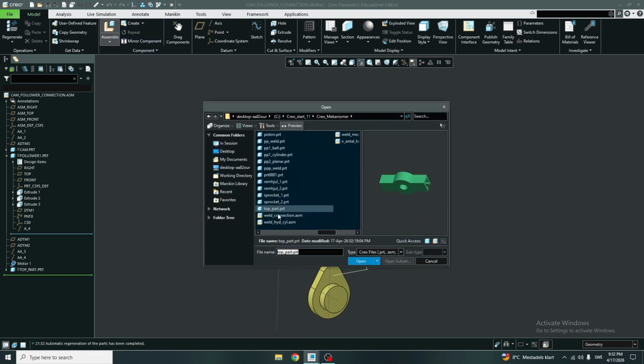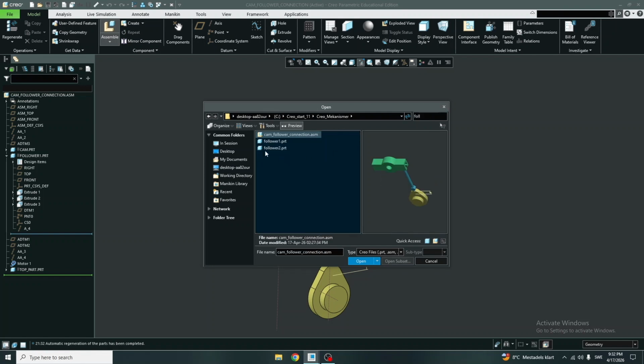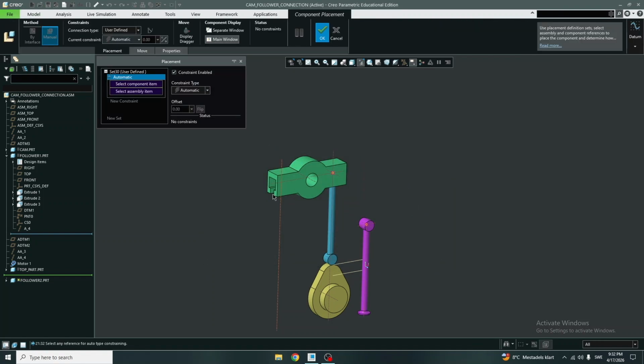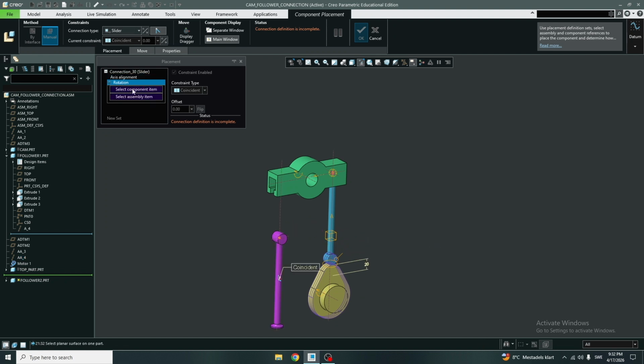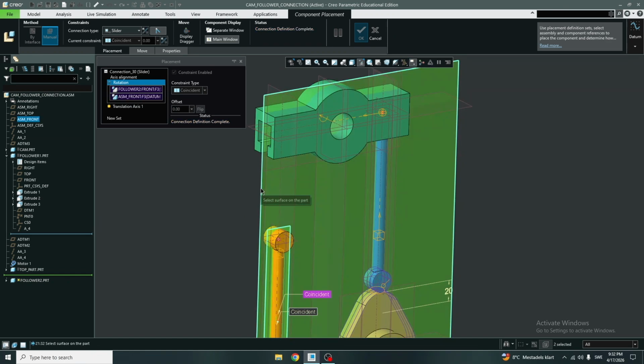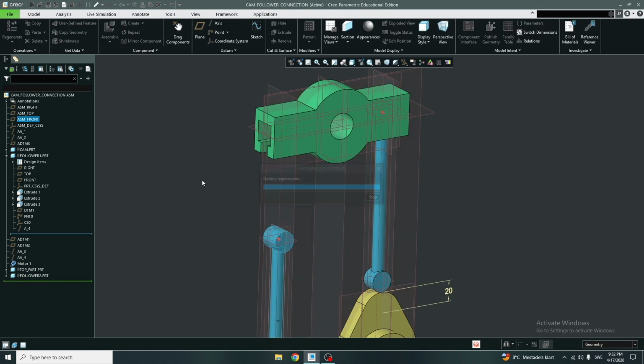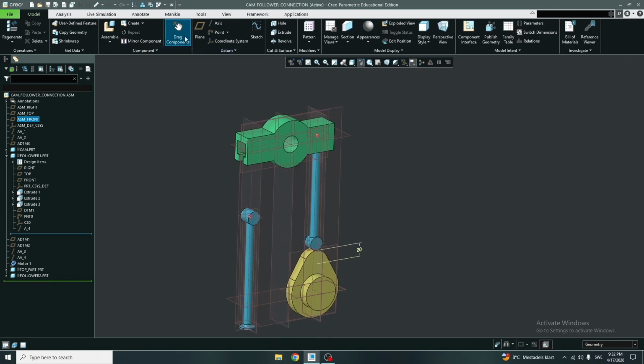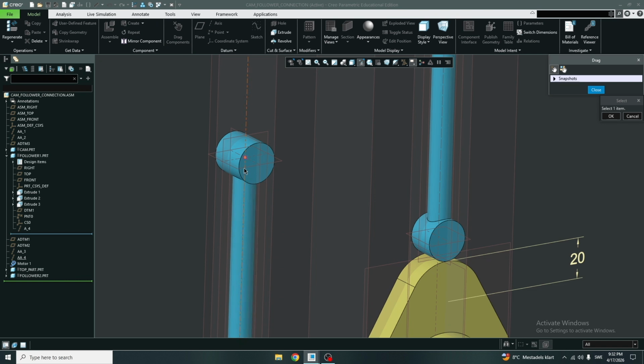Assemble the part, follower 2. You can do this slider connection directly. This axis and this axis, and the rotation. Let me see the planes. You don't want this to rotate around this plane, and the connection should be